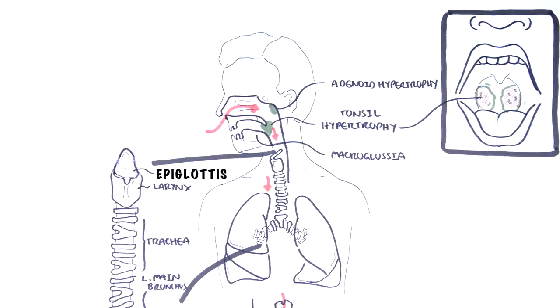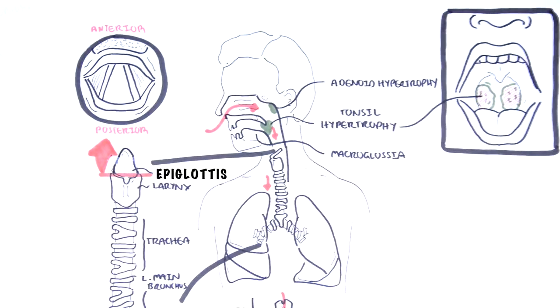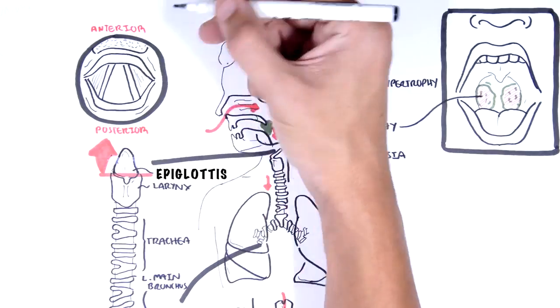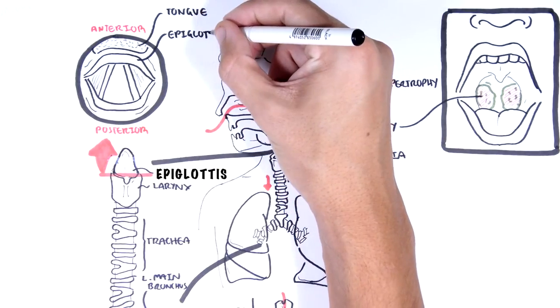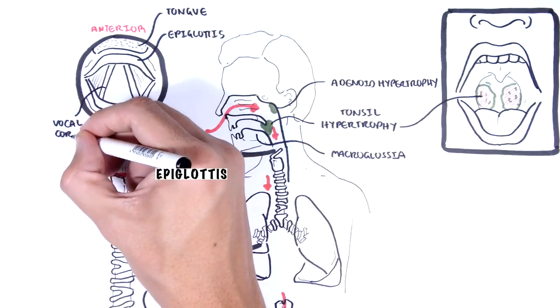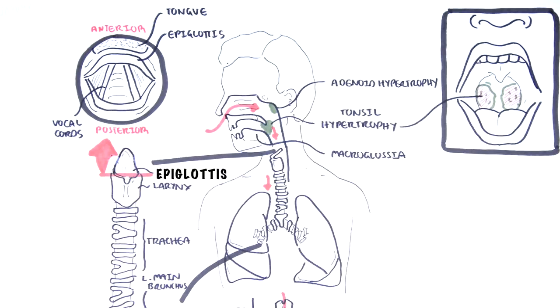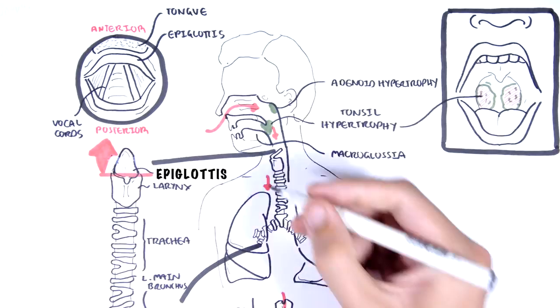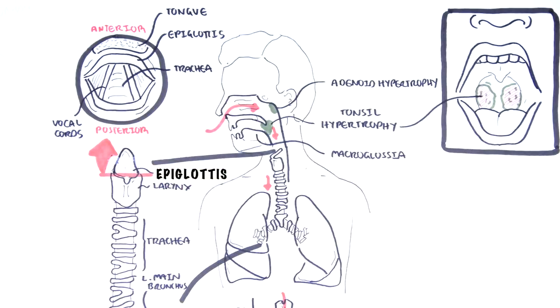Now let us cut a cross-section of the larynx and look at it from a superior view from the top. To orientate ourselves, this is the anterior region of the cross-section, and here's the posterior area. Therefore, in the front, in the anterior part, here we have the tongue, which continues all the way back down posteriorly to the epiglottis. These are your vocal cords in the larynx, which can open and close during phonation. This is continuation here of the lower respiratory tract. Here's the trachea. Towards the posterior aspect is the arytenoid cartilage, and posterior to this is the esophagus, which I